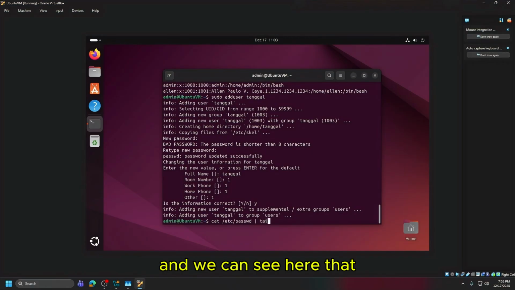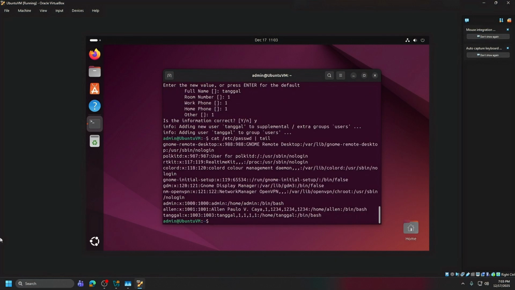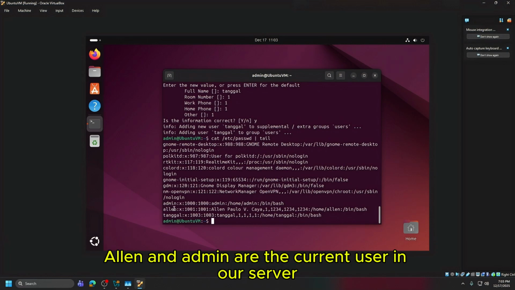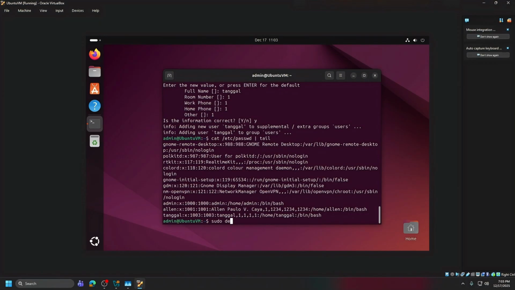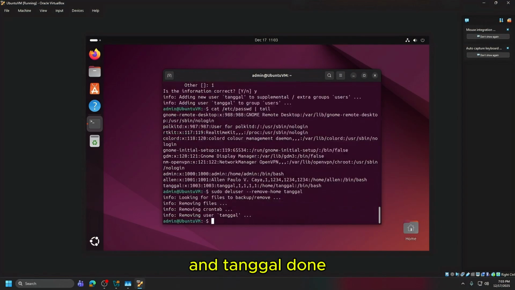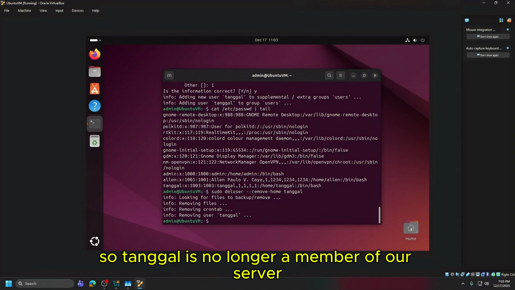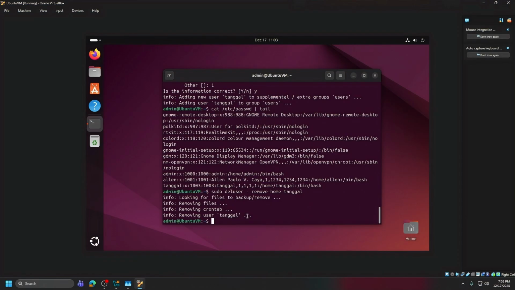We can see here that tanggal, Allen, and admin are the current users in our server. So we're going to remove tanggal. Done. So tanggal is no longer a member of our server.